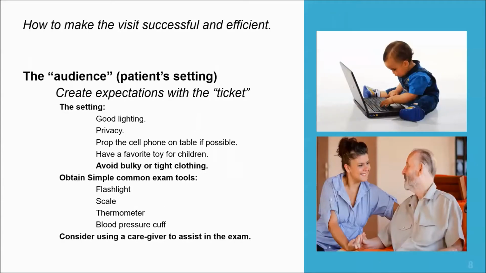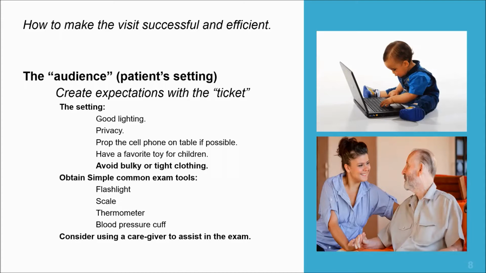For the audience, the patient setting. This is really important for pre-visit planning. So when you've given them the ticket, given them the appointment, or let them into the room, having a team member really help them set that stage for them. Good lighting, that's critical. You need to be able to see and observe the patient. Privacy, so tell them, hey, close the doors, don't let people in the room because they can hear what you're communicating to the doctor. Fixing the cell phone or camera in a fixed position with a good visual view of the patient,